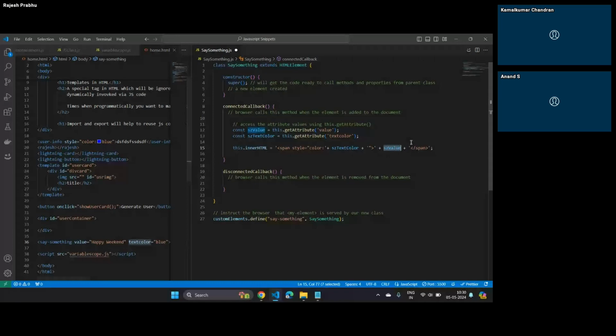Let's save this, and then let's go ahead and run this. Very simple. What we did is we just created our own web component. Now all I have to do is